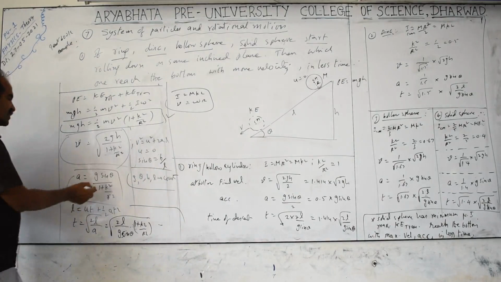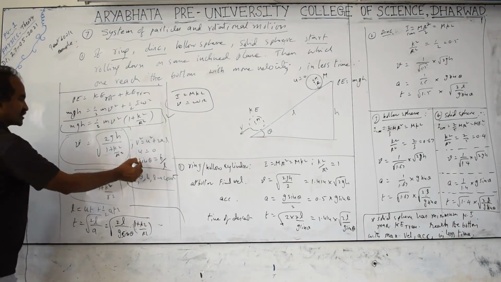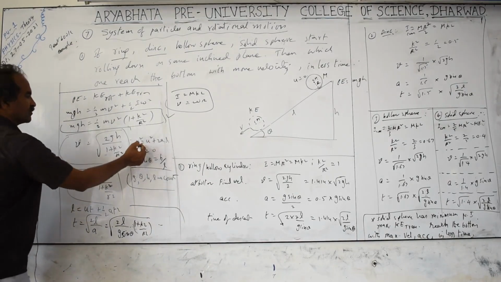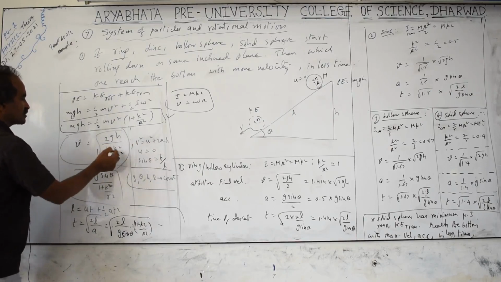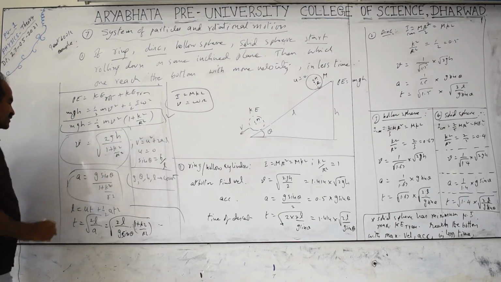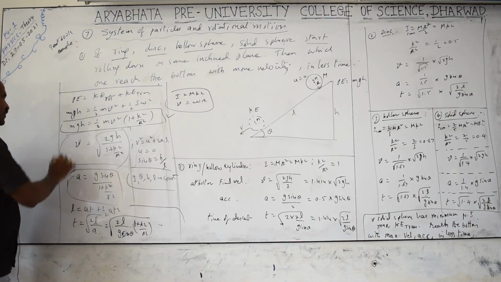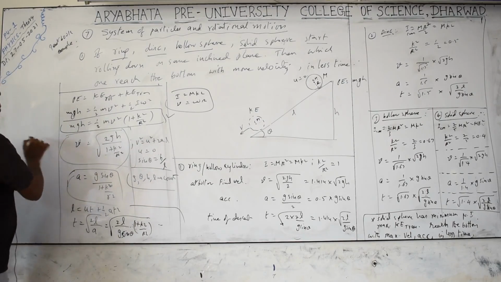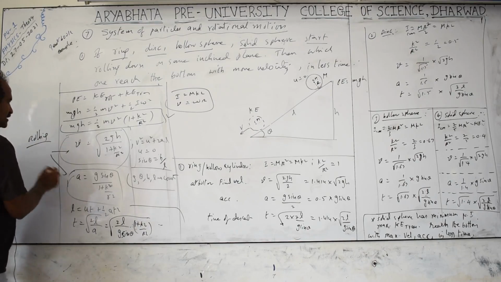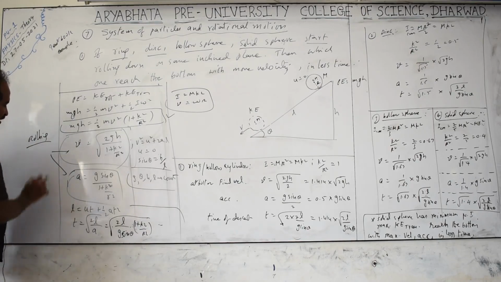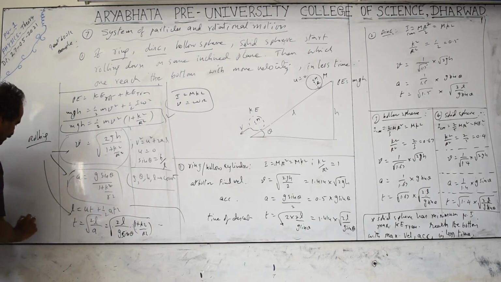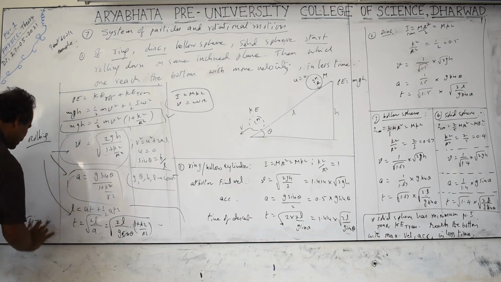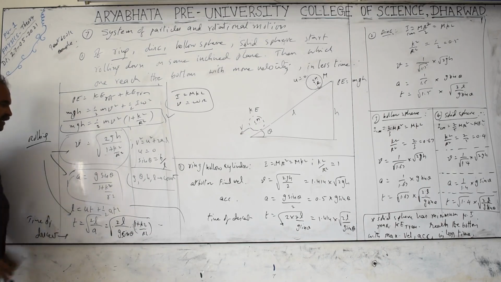Then substitute the values here. What you get here is acceleration: from this relation, a equal to v square by 2L. V square is 2gh by 1 plus k square by r square. So the resulting acceleration is g sin theta by 1 plus k square by r square for the rolling object. These are for rolling motions: rolling final velocities, rolling accelerations. And for a rolling object, what is the time taken to touch the ground? This is the time of descent on the inclined surface.